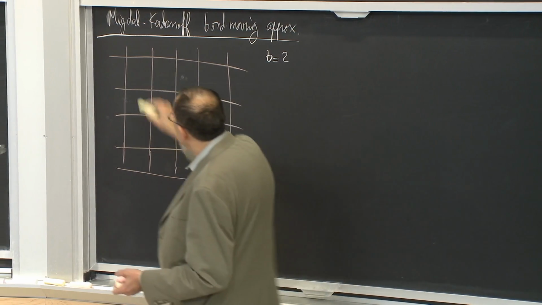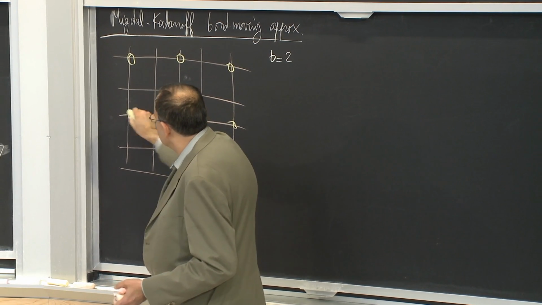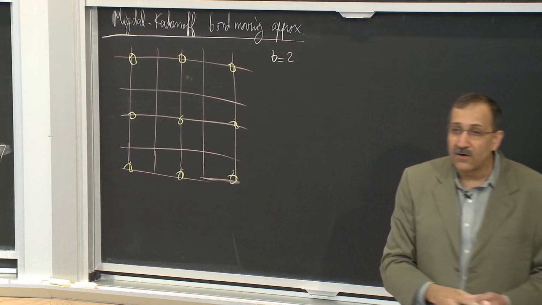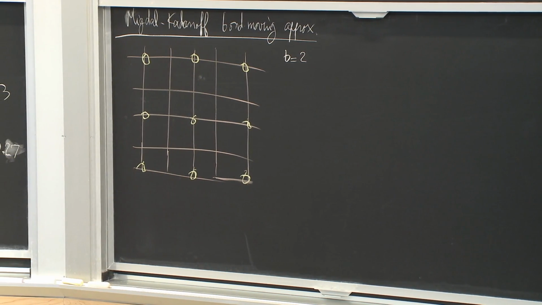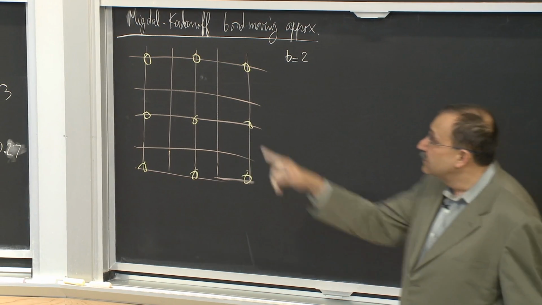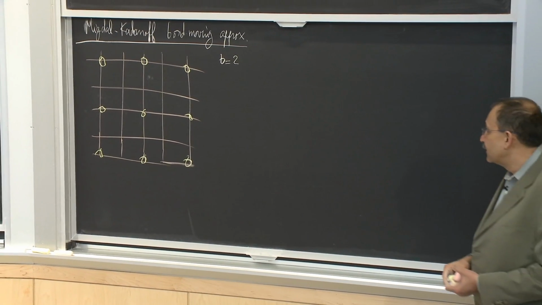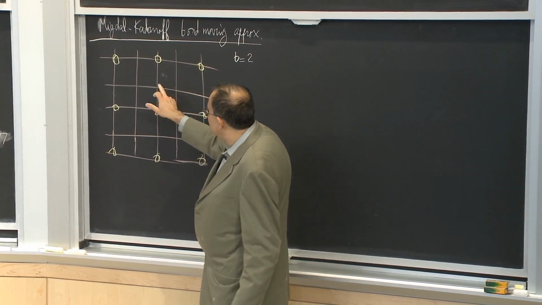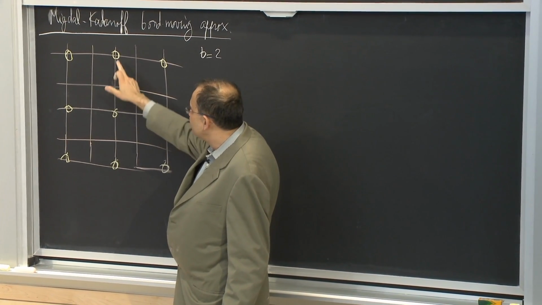And I want to keep this spin, this spin, this spin, this spin, this spin, and get rid of all of the other spins that I have not circled around, much as I did for the one-dimensional case. Okay. And the problem is that if I'm summing over this spin over here,